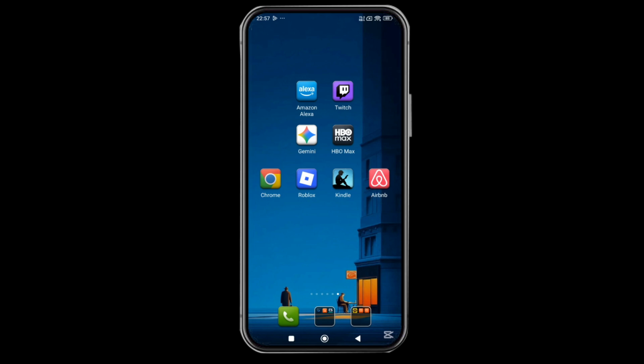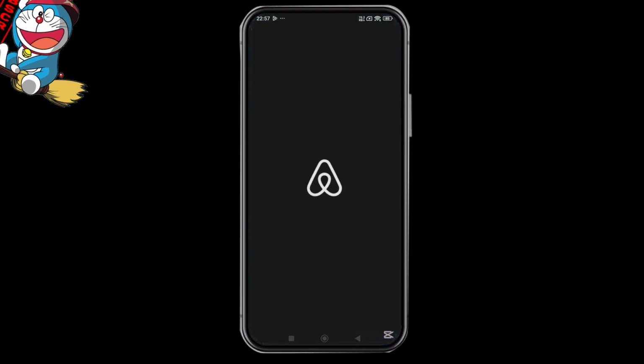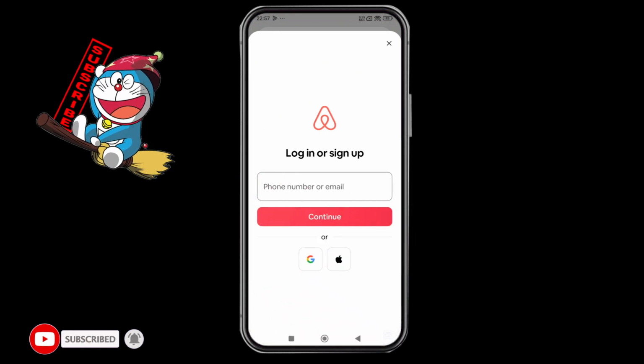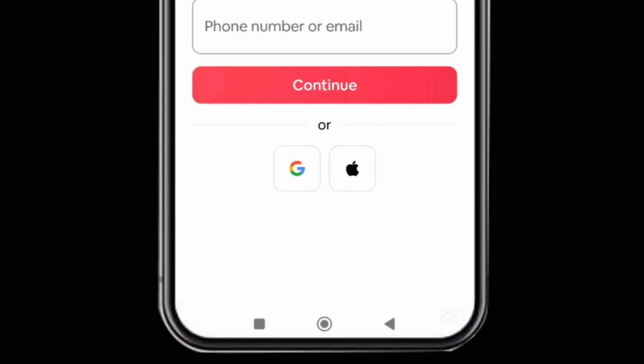So first thing first, open Airbnb app. If you don't have Airbnb app installed, you can do it via any web browsers. So simply open any web browser and then search for Airbnb. Once you open it, here you will see this option login or sign up, and on bottom of your screen you will see this option to continue with Google. So tap on it